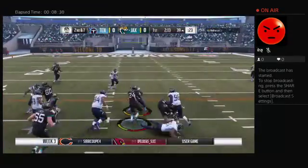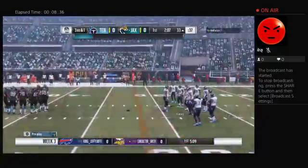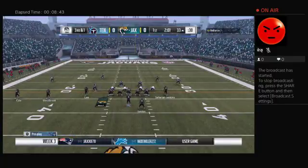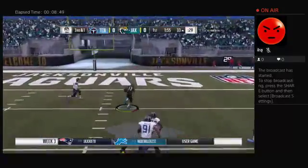Now a first carry for T.J. Yeldon. And he's going to fight his way forward here for a modest gain. 6 yards on the pickup, and that'll bring up a 3rd and 1. And that looked like some pretty easy yardage there right up the gut. And he's a guy that has some height to him. So when you don't have to drop a shoulder or create or get through contact...